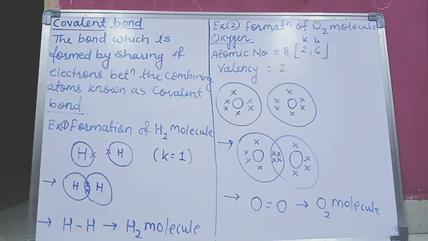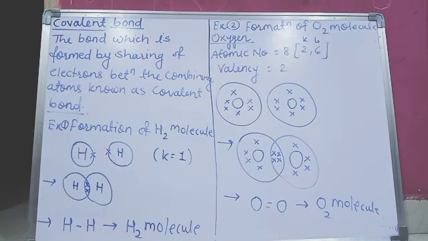Now you can see the overlapping of orbitals. So each hydrogen shares its 1 electron. As 1 electron is getting shared from both sides, as a whole 1 pair of electrons is getting shared. So here the single covalent bond is formed. Now you can see the single covalent bond can be shown by a single line. Understood? So this is the way the hydrogen molecule is formed.